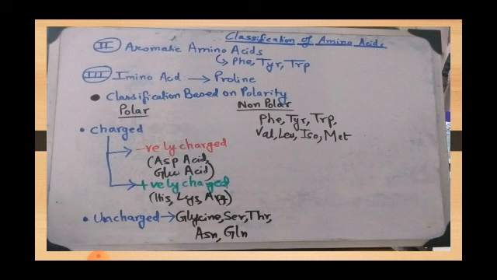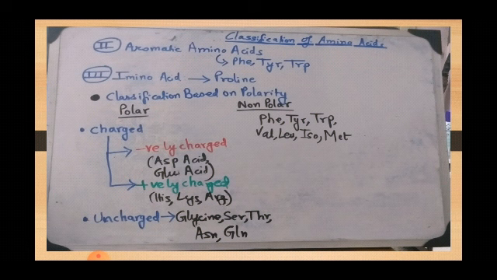Now we come to the second kind based on structural classification. Rather, based on structure, the second type is aromatic amino acid. Those amino acids having an aromatic ring. They show typical absorbance at 280 nanometer. As we will learn about the properties of amino acids, we will see that proteins give a strong peak at 280 nanometer due to these 3 amino acids. Aromatic amino acids are phenylalanine, tyrosine, tryptophan.